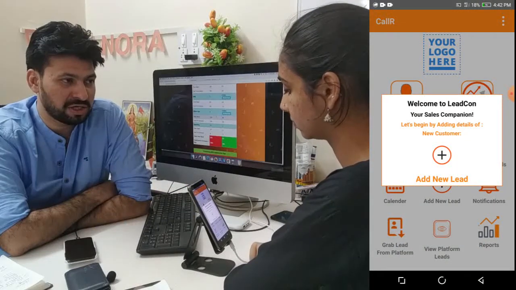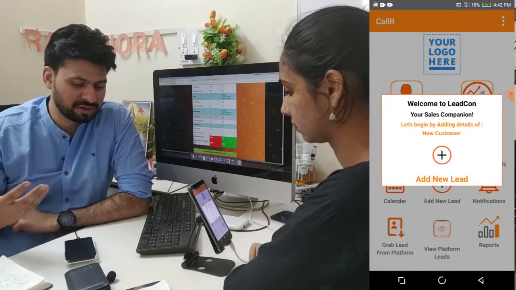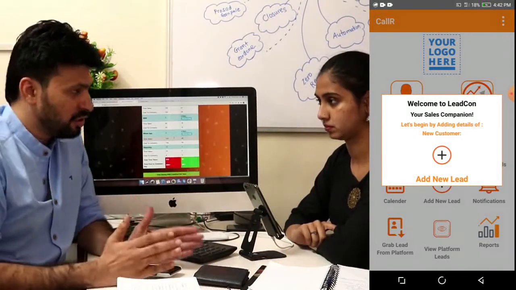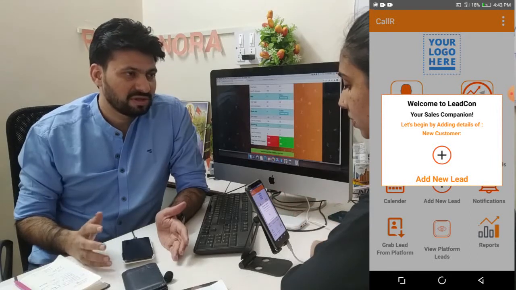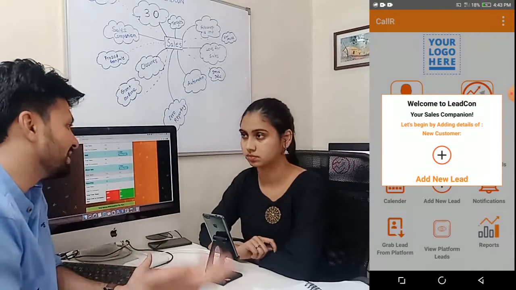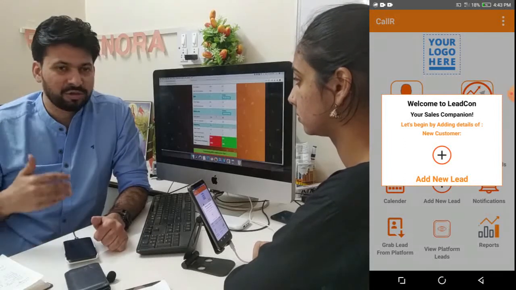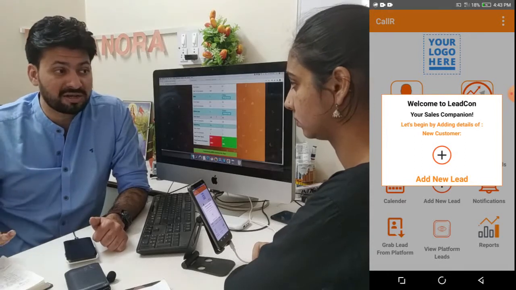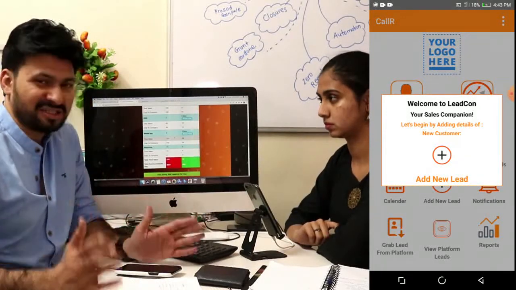Now you are on the main page of the application. This is the main landing page of the app, which people will always see, or the page from where they will get navigated. The LeadCon application is designed on three most important principles of sales. The first principle is knowing your customer. As I said, Mercedes, can anyone and everyone buy? No. You need to know whom to sell what. You need to know what their problems are if you're going to offer a solution, or what their goals are, so that your solution can help them achieve their goals.